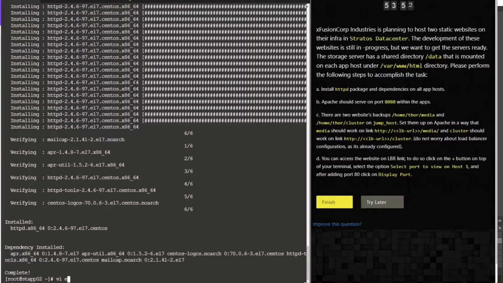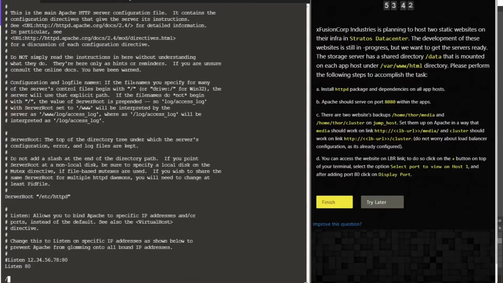Okay, so let's go into the etc httpd conf and the HTTPD configuration file to make the changes in the port. The port will be 80. We are going to modify this to 8080.